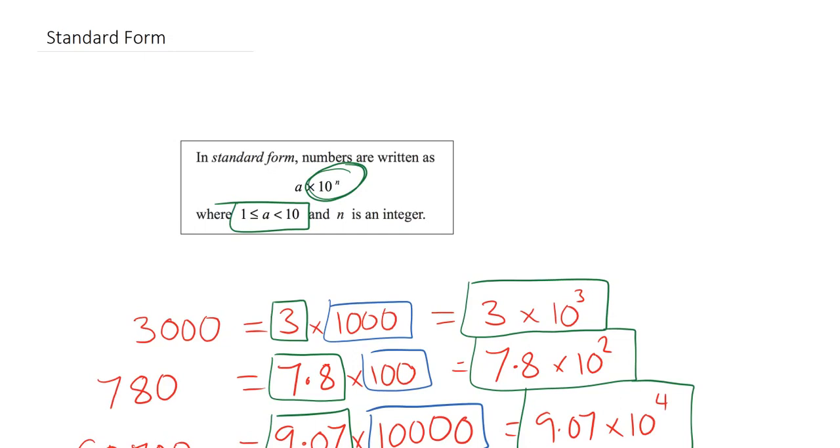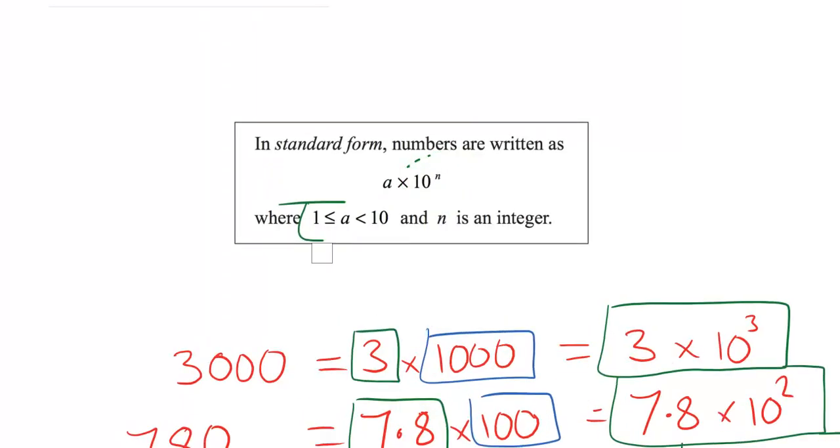I hope that's helped you to understand how to write a whole number in standard form or scientific notation. Remember, our number must be between 1 and 10 at the start, multiplied by a power of